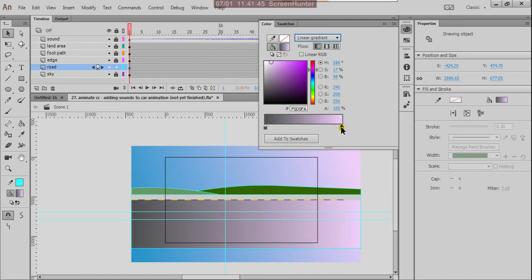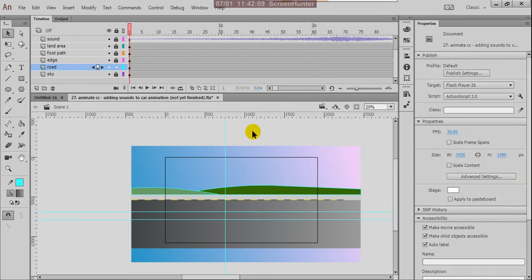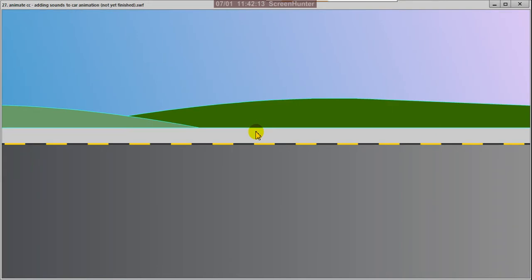Okay, and here perfect. Yes, interesting. And here you can include more shade. This is nice. But adding Control Enter, perfect.